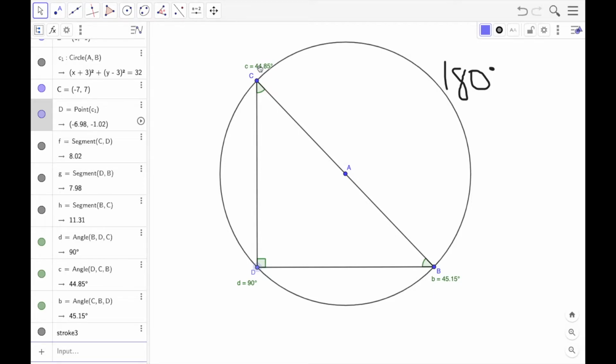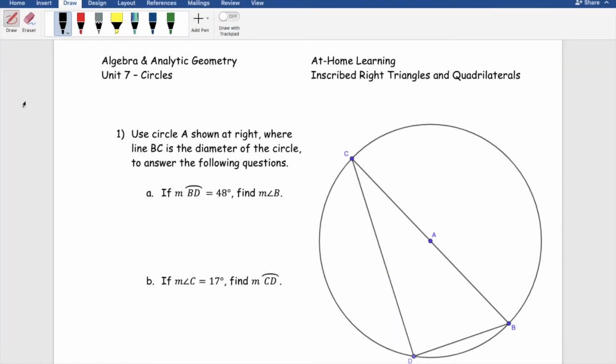which are quadrilaterals. So now we're going to move on to these exercises that I've attached on Classroom along with this video. We're going to start with question number 1, split into 2 different parts that we'll treat separately, but both of them deal with circle A, so A is dead center, and line BC is the diameter of the circle. Now that's important information because, as we just discussed, if you've got a diameter, then you've got something that